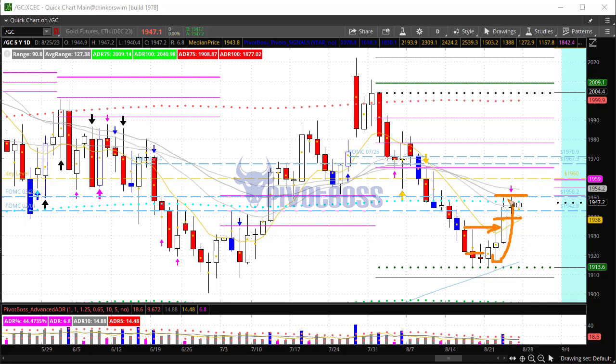This was a huge squeeze, and to hold on the last couple of days in a range-bound market here again opens up the potential for a push higher. Keep an eye on the 1950 level. 1950 right here is going to be important. It's going to be one of those where we're sitting at it like this and all of a sudden we explode through it.